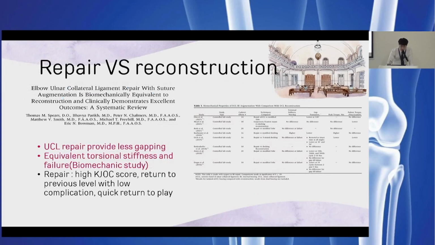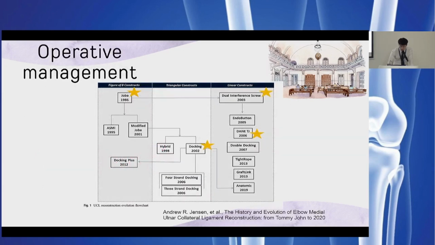About repair and reconstruction, there is a systematic review published in 2023 about the biomechanics. Suture augment repair demonstrated return to the previous level at 92 to 96 percent at 3.8 to 7.4 months, and the UCL repair provides less gapping and equivalent torsional stiffness and failure by biomechanics study. About reconstruction,